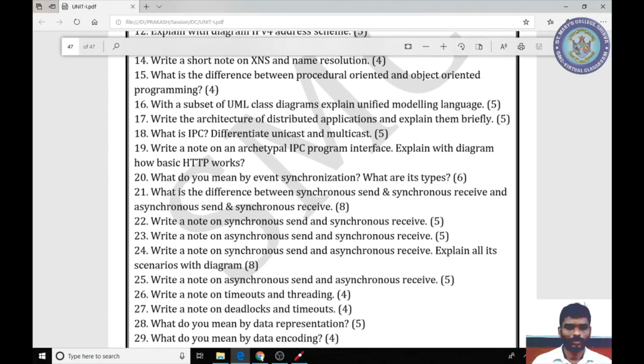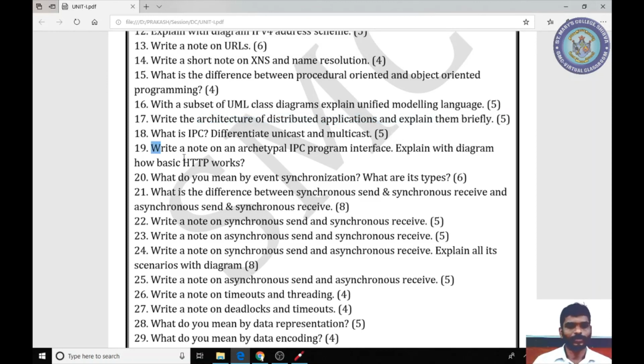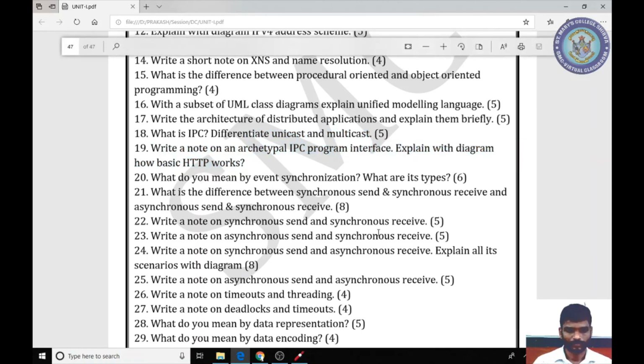Next, the archetypal IPC program interface, that is, the architecture. This is the architecture of the distributed application, 3-layer: presentation layer, application layer, service logic layer. Then the HTTP session, that is unicast and multicast, which is a chapter 2 concept. Then the explanation related to the HTTP session.